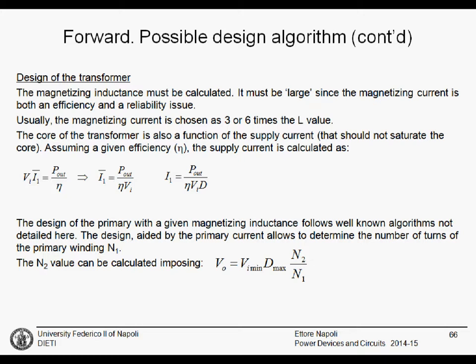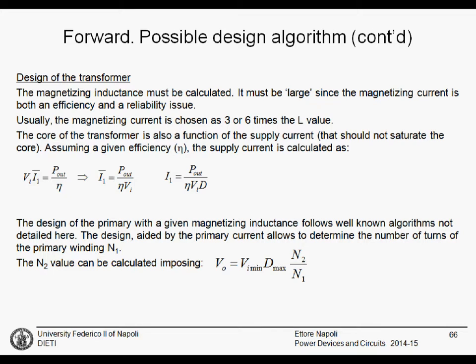As you can see, in this algorithm, a number of unwritten rules are used, like the ripple is 1/20th of the average value, the inductance is 5 or 6 times larger than the output inductance. Obviously, these are unwritten rules that are almost always useful. It is obvious that if you have an output inductance that is X and maybe has the size of 1 centimeter cube, something like this,